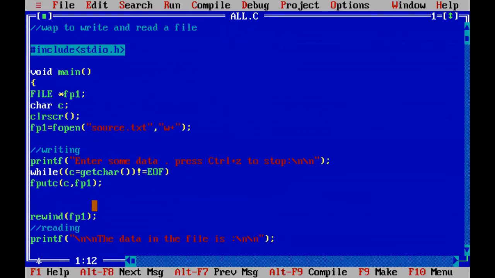And sometimes they will ask you a question like this: write a C program. I'm modifying the same program.